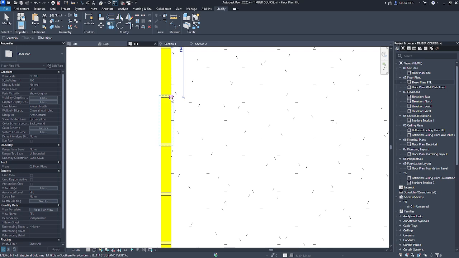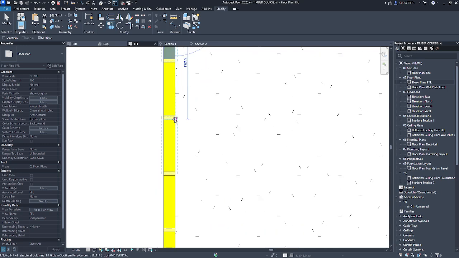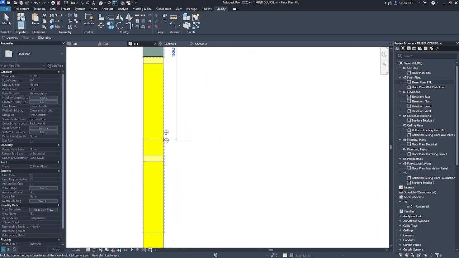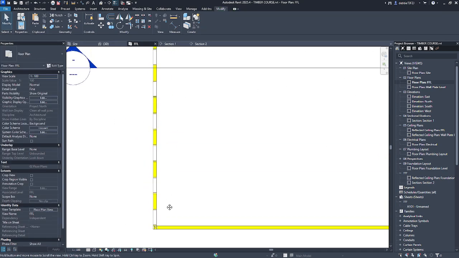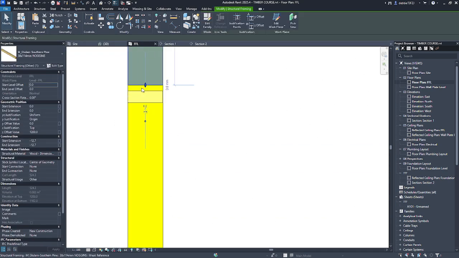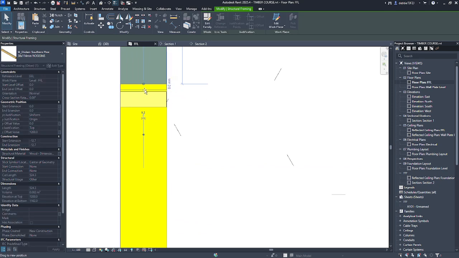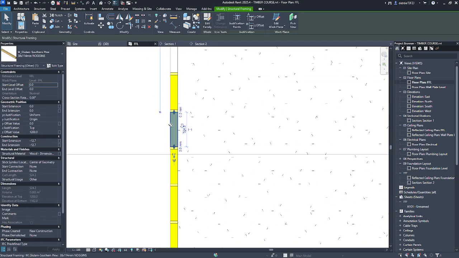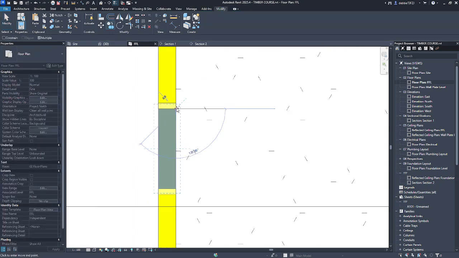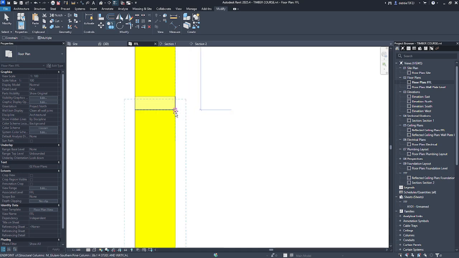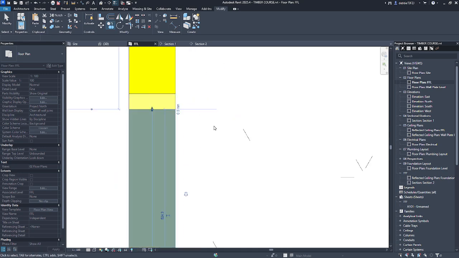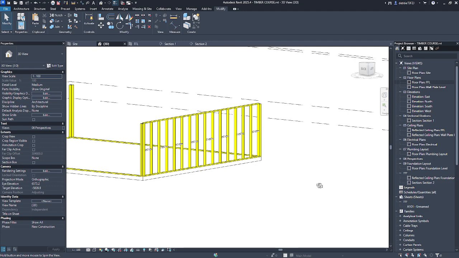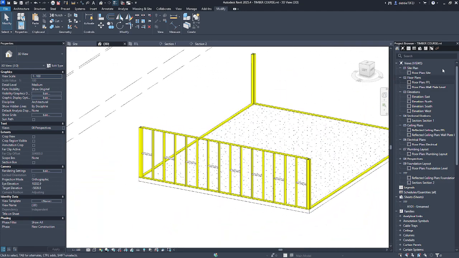Oops, I clicked the wrong one, so I'll fix that now. It doesn't want to snap, so I'm just going to click on this previous one, CO for copy, and make sure I have the right corner so it snaps. If we go back to 3D view, there are our noggins for our first wall.